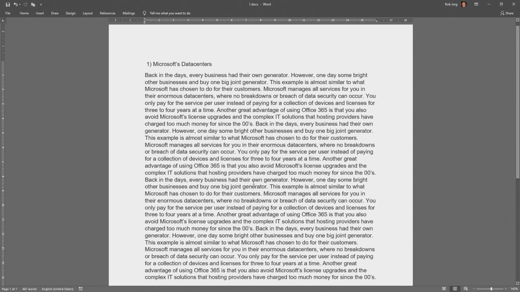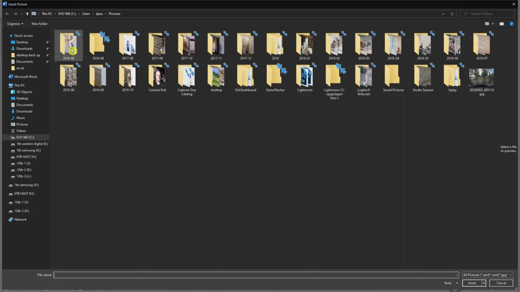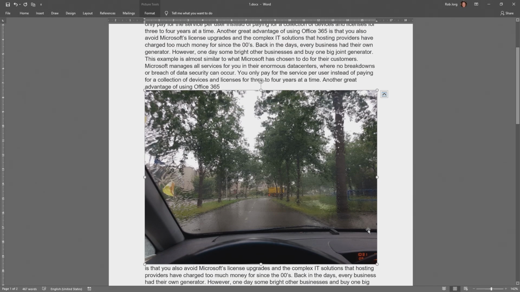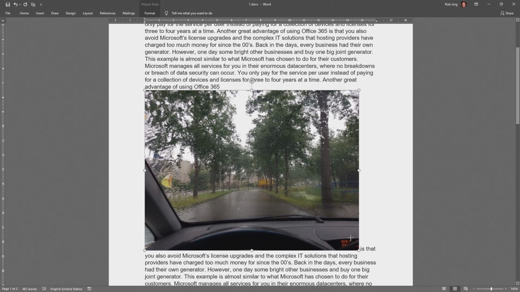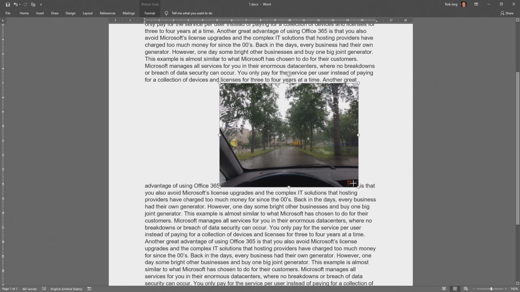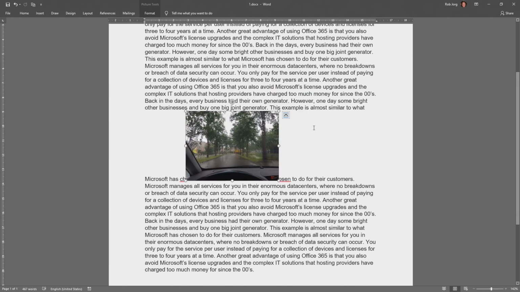If you have a large bit of text and you want to insert something, you can say I want to insert a picture. And now I have a picture and it looks not so great. So what you can do is grab one of the corners and just make it smaller or bigger and just drag it all over the place.